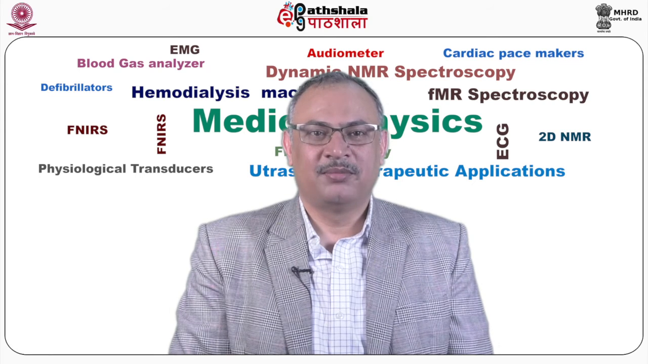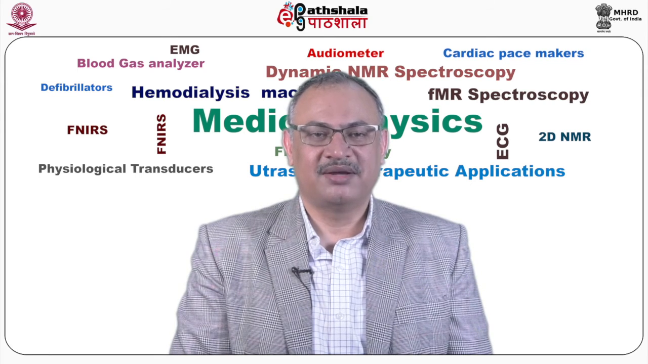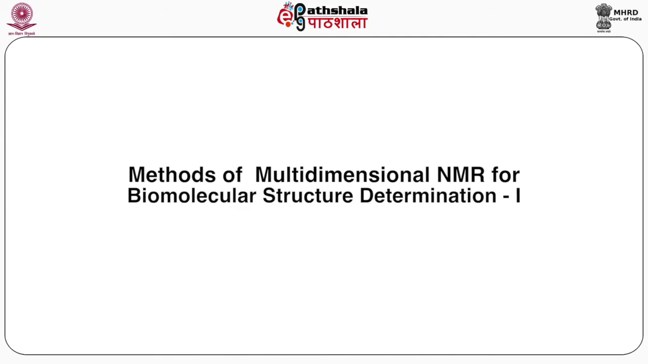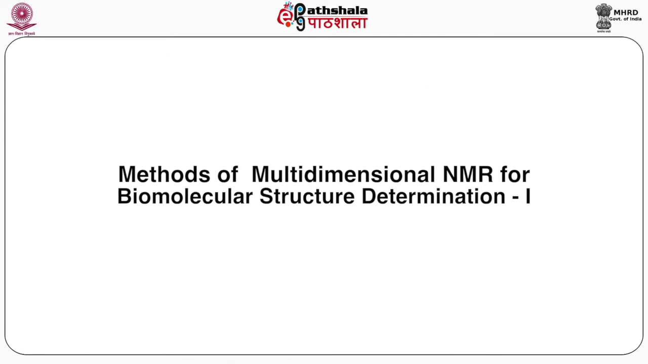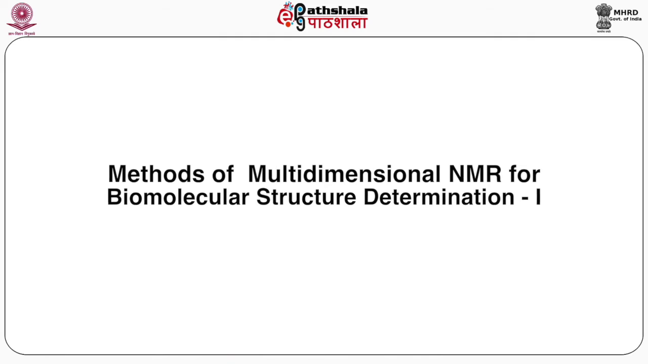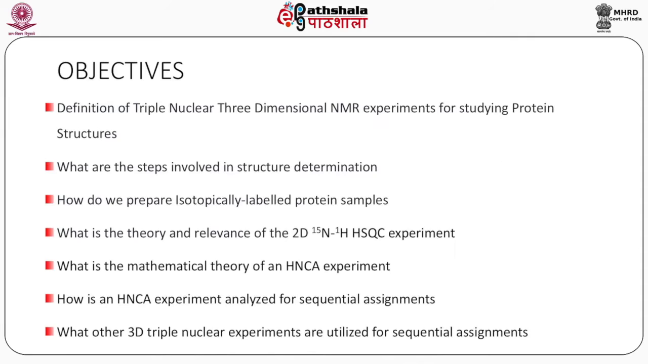I present to you Paper 8, Medical Physics, Module 27, Methods of Multidimensional NMR for Biomolecular Structure Determination, Part 1. The objective of this module is to tell you the definition of triple nuclear three-dimensional NMR experiments for studying protein structures, and to tell you what are the steps involved in structure determination, how do we prepare isotopically labeled protein